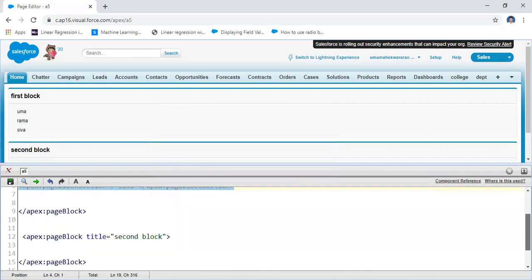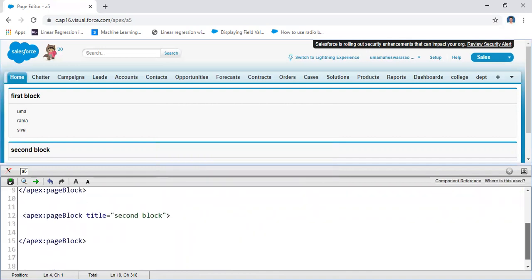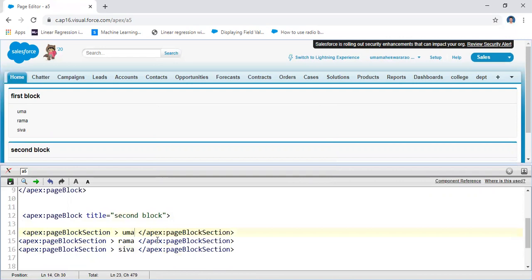For example, I am taking the next page block. Here the second page block. Within the second page block I am writing different things. Here Salesforce, one subsection. Another subsection consists of Visualforce. Another subsection consists of tags or anything here. Here Apex, a different subsection. The second subsection has different values. Yeah, this is a subsection. Under the subsection you have different values.